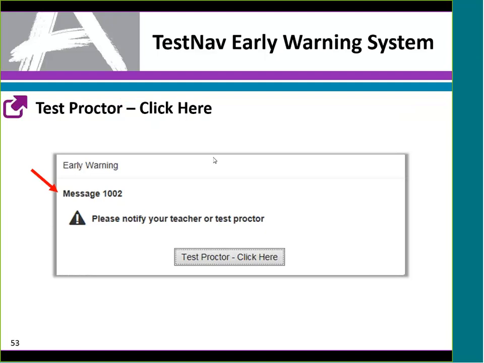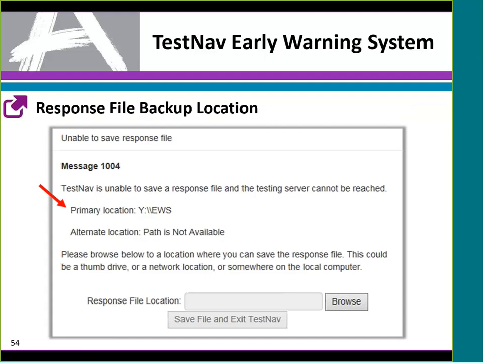So when the test proctor actually clicks that box, that's when the useful error message comes up. So this will be actually what's going on, what's the problem. In this case, it's unable to save the response file. Maybe that primary location right there is not available, and there is no alternate location.